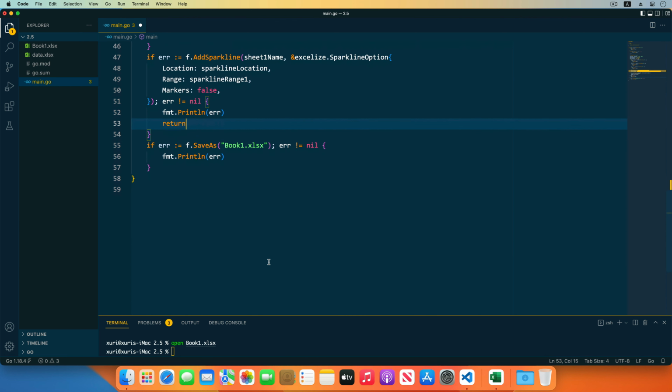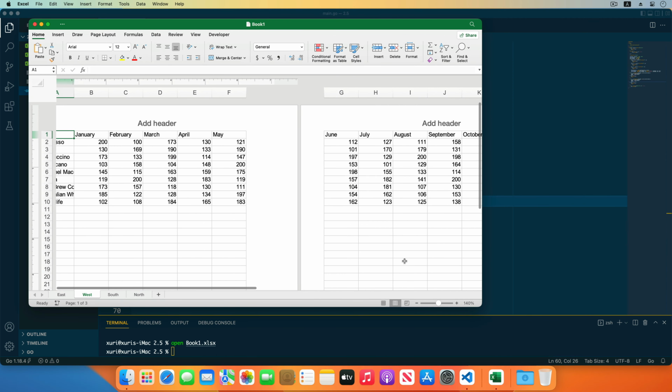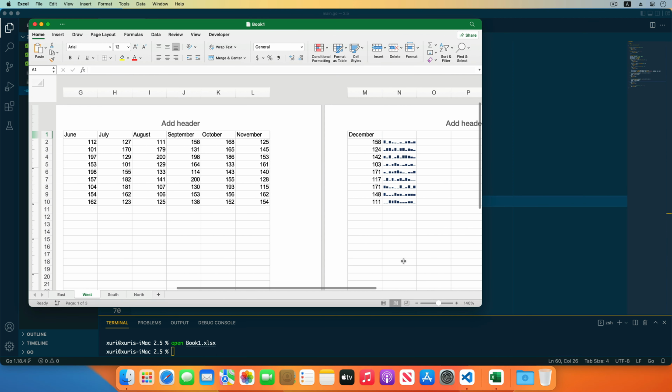If I need to change the type of the sparklines, specify the type of the sparklines by the Type field. Save the code and run the program. Reopen the workbook. It has changed the line sparklines to the column sparklines. I can also specify the theme of the sparklines by the Style property. For example, set the style ID to 18. Save the code and run the program. Open the generated workbook. The theme color of the sparklines has been changed.